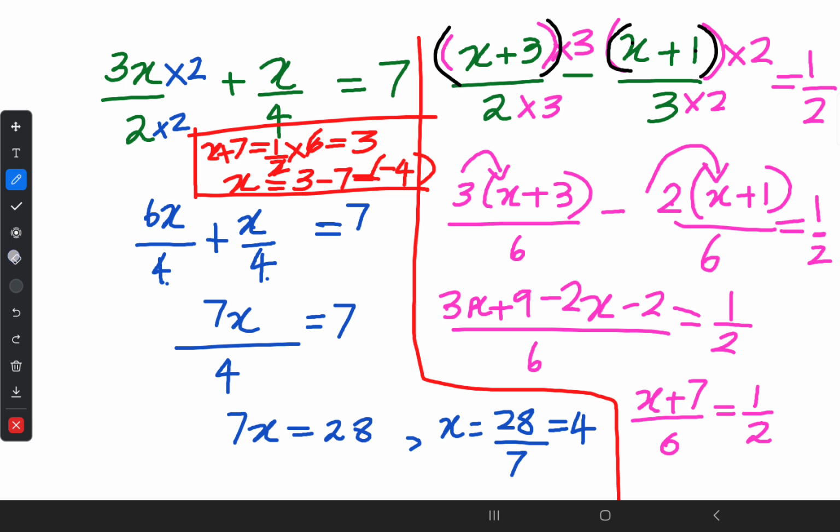Sometimes without brackets, look at this, you will only multiply 2 into x. It is negative 2x. You will keep the 1 as it is. It's incorrect. It should be 2 times (x + 1). Thereafter expansion, 3x minus 2x, x plus 7 upon 6 equals half. Then the divisor 6 became a multiplier. Half times 6, 3. x should equal 3 minus 7. It is negative